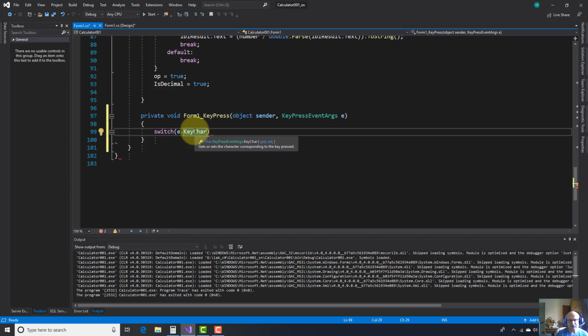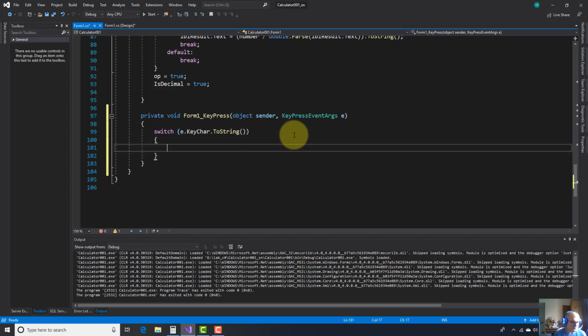Actually it gets the ASCII character corresponding to the key pressed on your keyboard, and that's why I have to convert it to a string using the ToString method, because in the cases of this switch structure I'm going to use characters. So the first case